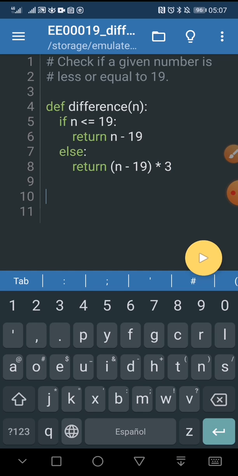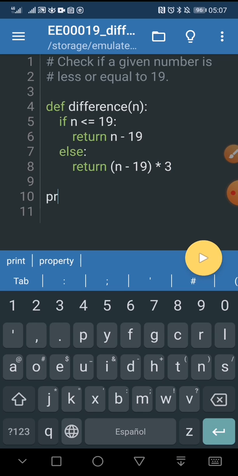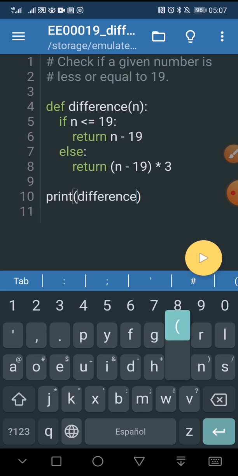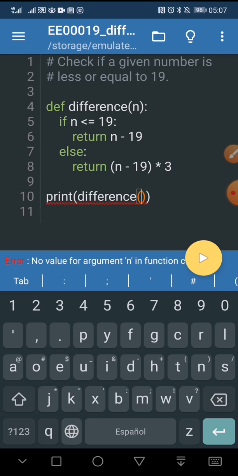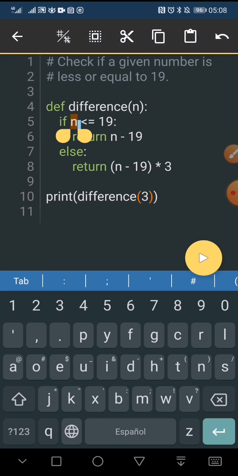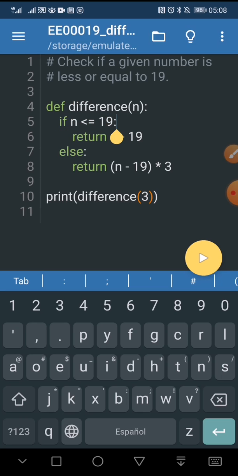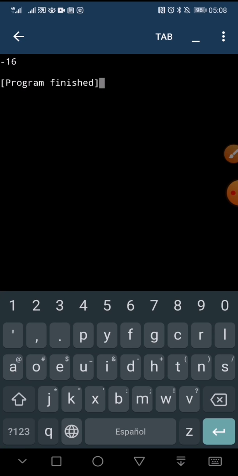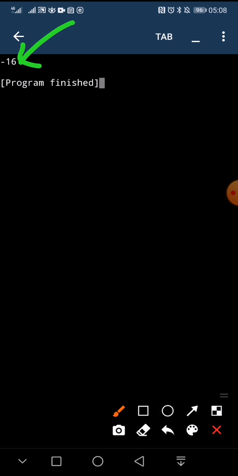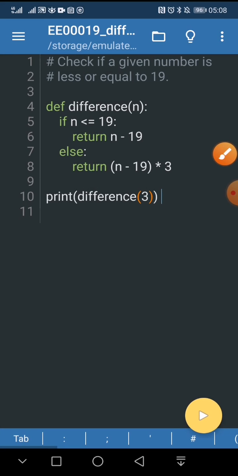We can call it and in the first invocation we can pass, for example, 3. So this part of the if else statement is true. So we get 16, we get as result minus 16. That is the result that we get. Okay,